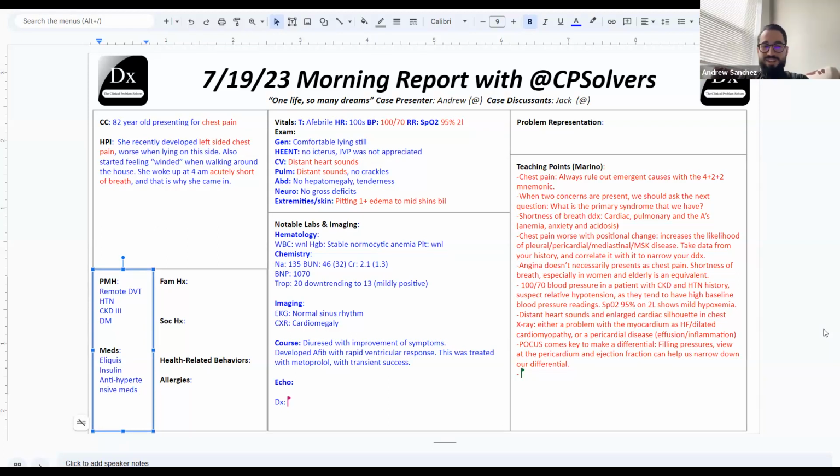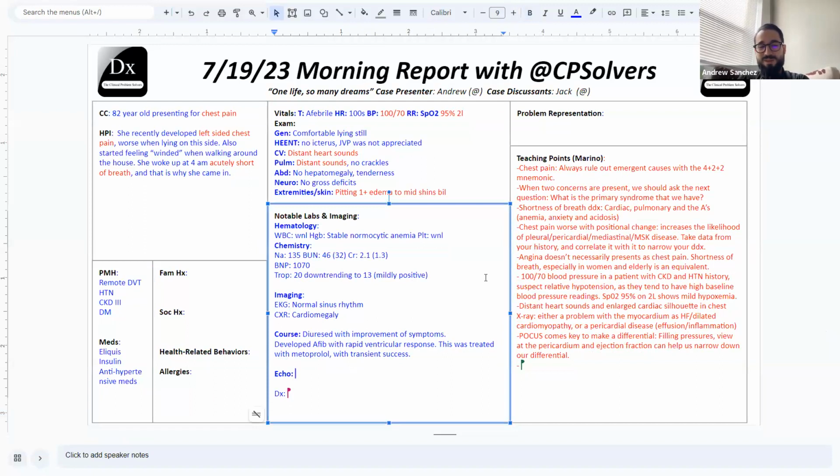All right, Jack, and great work with the discussion. Everyone in the chat was on this right from the beginning. I wish I could say I was with you in the diagnostic journey, because what happened was I got a phone call from Echo saying this patient has a moderate size pericardial effusion with signs of tamponade, and I had both moments of clarity and awe, like, it all makes sense in retrospect now.